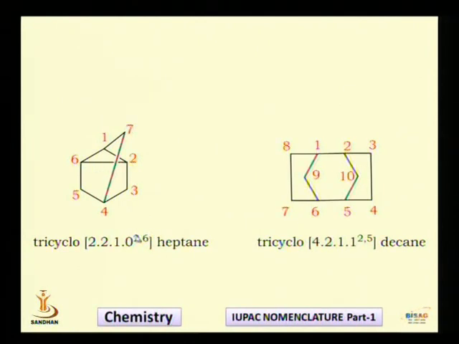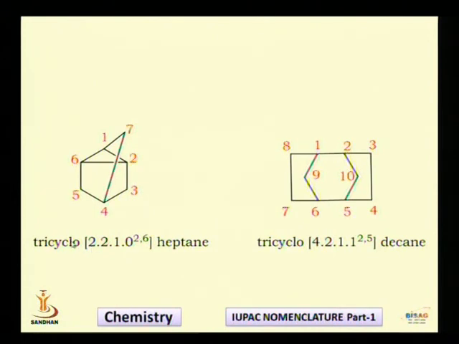So I have to write superscript. I will be writing 2 and 6. So 2 and 6, that indicates that the subsidiary bridge is between 2 and 6 carbon. So for subsidiary bridge, remember that you have to give superscript. But for principal bridge, there is no superscript. So I hope that you must have understood this.